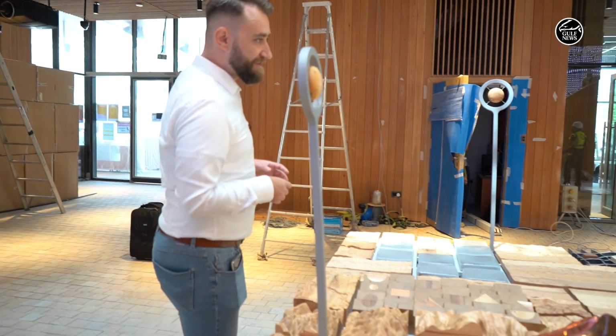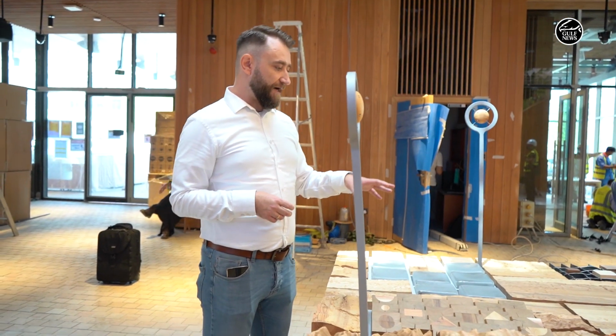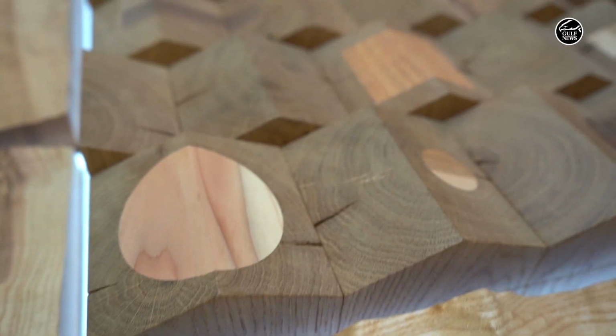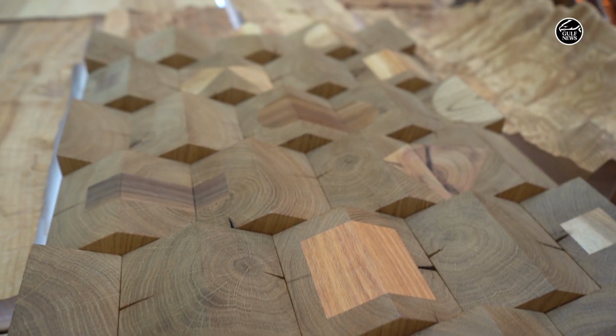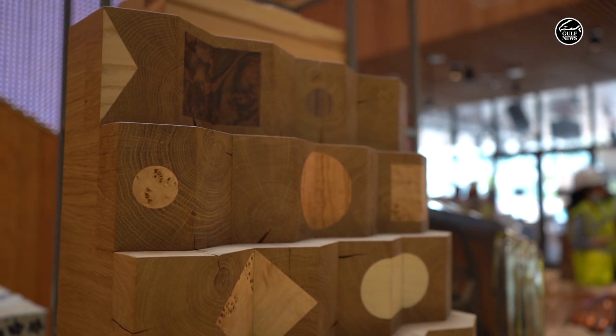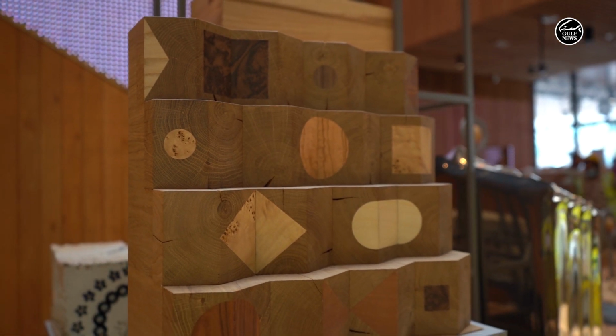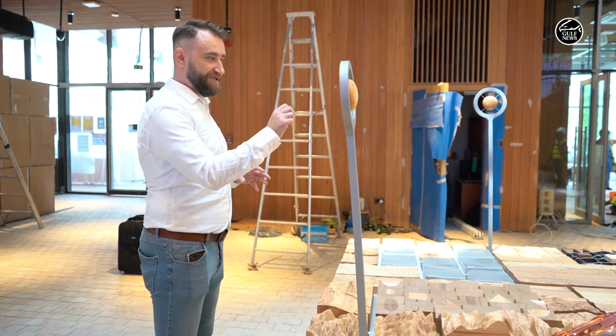Last but not least, there are two modules created by Maciej Siuda. This is the technique called Inlay. So there are different parts, different kinds of wood gathered throughout the whole of Poland, because I believe that Maciej Siuda went through different landscapes trying to find different kinds of wood, different stocks of wood, and just tried to compile